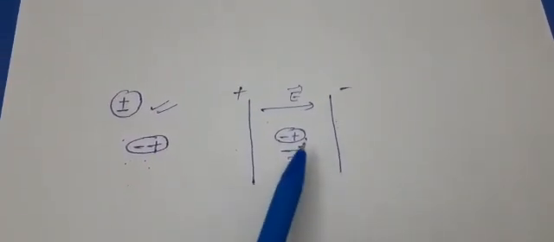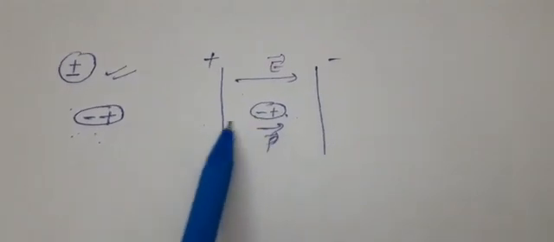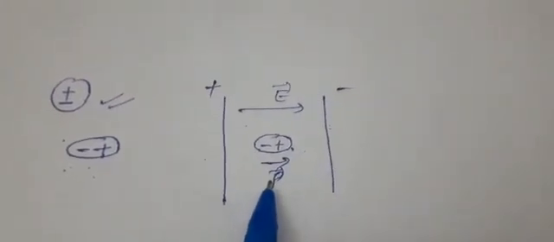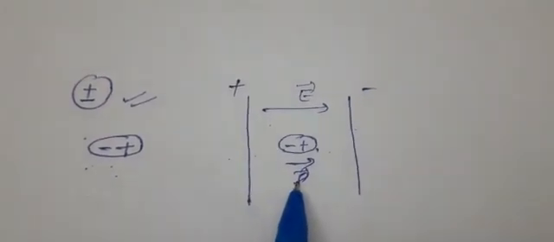When a non-polar molecule is placed in this external field, the center of positive charge is pulled in the direction of the field, and the center of negative charge is pulled opposite to the direction of the field. So now you can say the molecule will get polarized. Polarized means it will have a certain dipole moment. This was the concept of a non-polar molecule. Now if we take a polar molecule,